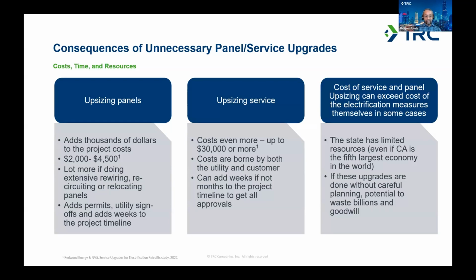Upsizing panels will also involve rewiring and recircuiting and so on. You definitely need permits and utility sign-offs. Again, these things are doable, but they add a lot of time and cost. Sometimes, especially on the service side, weeks, if not months. And so that has real implications, not just on our personal finances as a homeowner or renter,